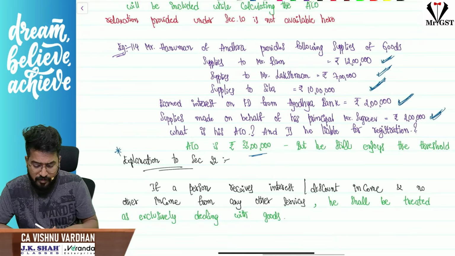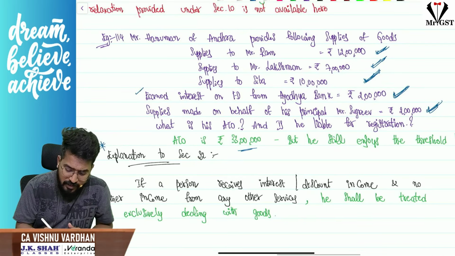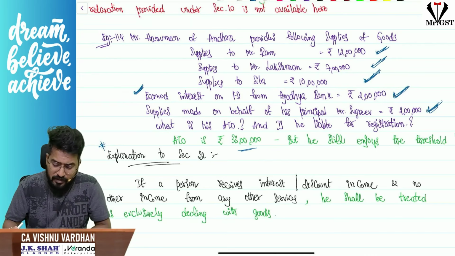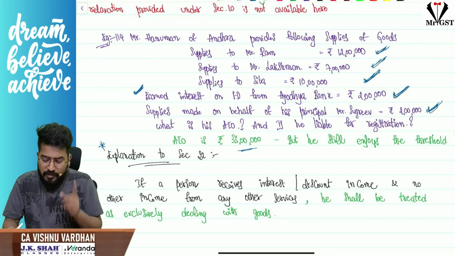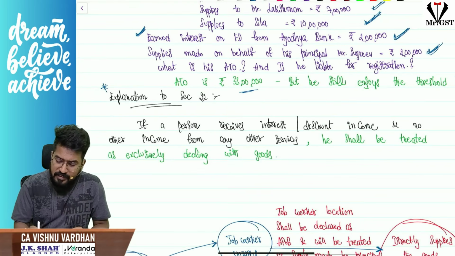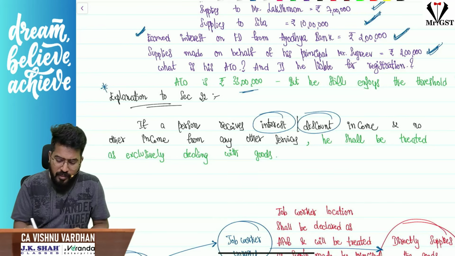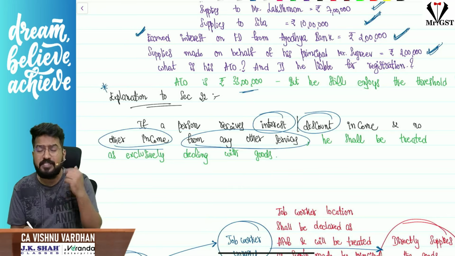Here we are in Andhra Pradesh, and even though this fellow is earning service income, he is lending money, which is nothing but a service, for which he is getting interest. So automatically the threshold limit should fall down to 20 lakhs. But the law says that if any person is receiving only interest income or discount income and no other income from any other services, then he will still